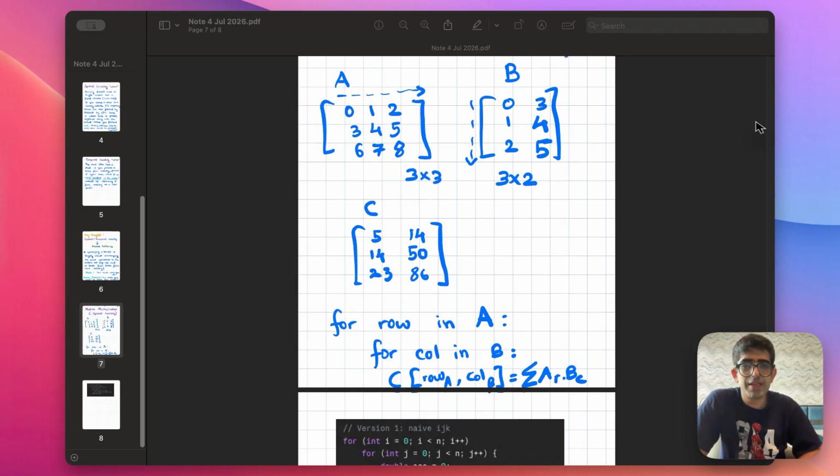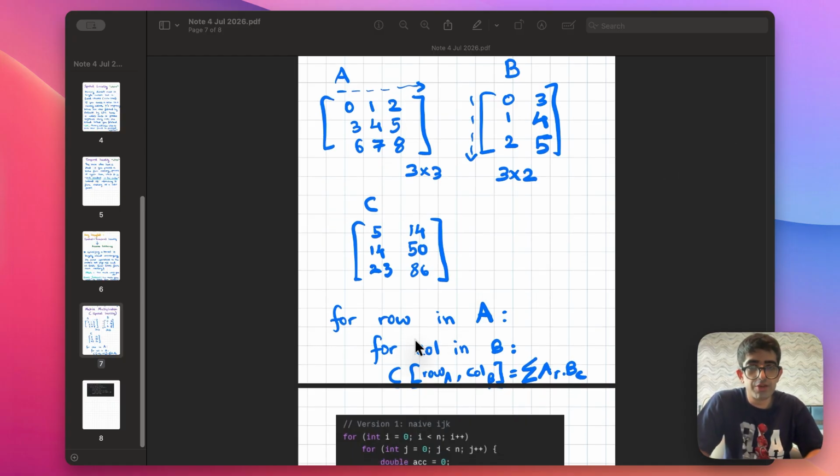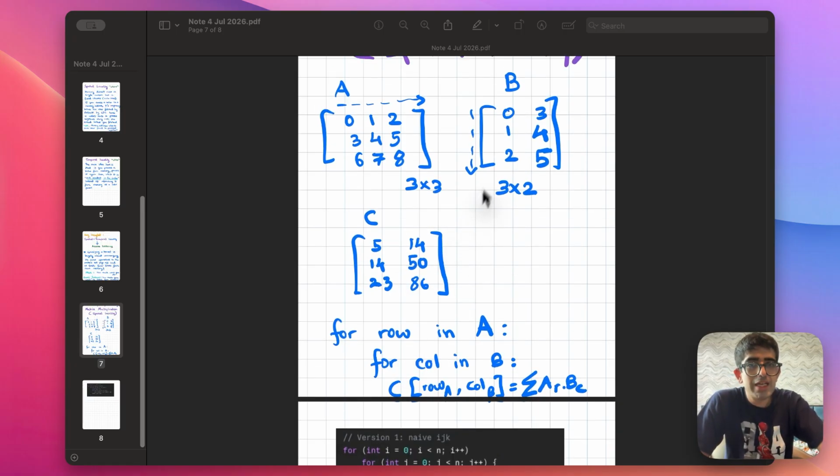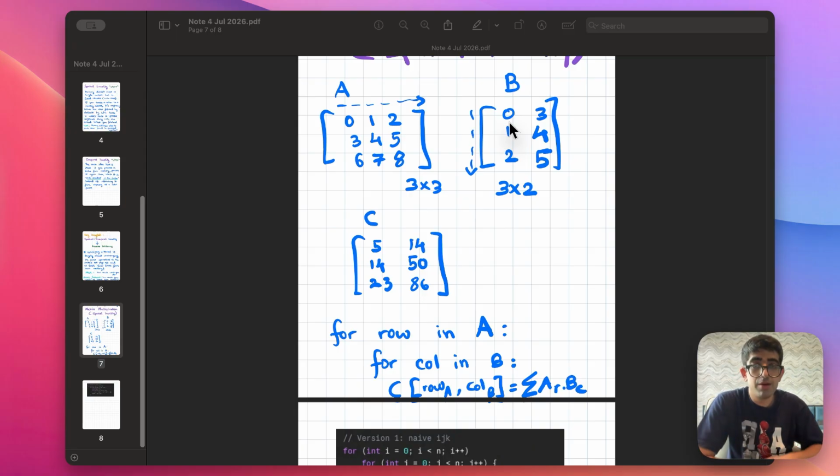Okay, so now let's take a look at the access patterns for matrix B. In the matrix multiplication algorithm, we iterate through each column of B, and then for each column of B, we essentially walk down the elements in that column. Now, for fairly large matrices, these elements that are placed down the same column might be located really far apart in memory. And this means that whenever we load an element of B, we are not processing its neighbors in